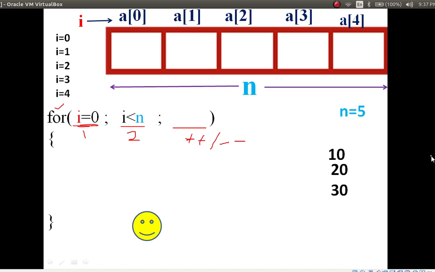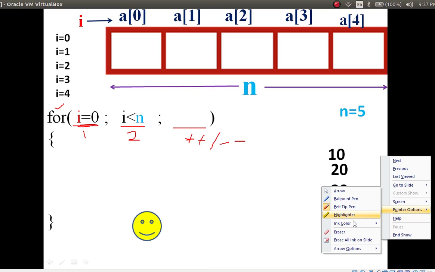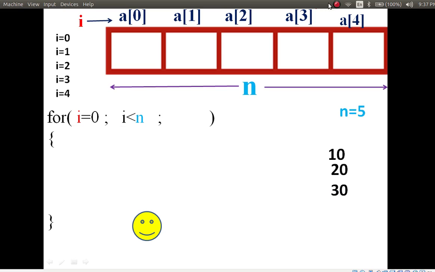So the first step is initialization. Initialization means starting. What is our starting value? 0. 0 is stored in which variable? The i variable. So what is the i value here? 0. Done. The condition is i less than n.